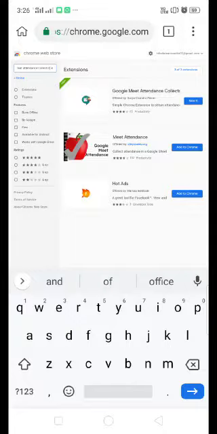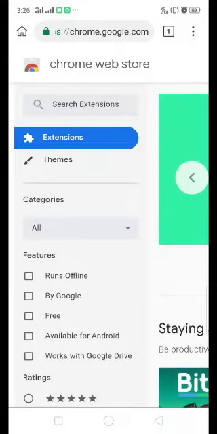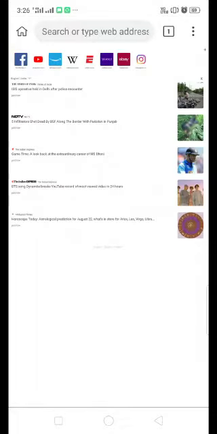After doing these steps, it will automatically add it to the browser. Now close this tab. Click on the plus sign to open a new tab.